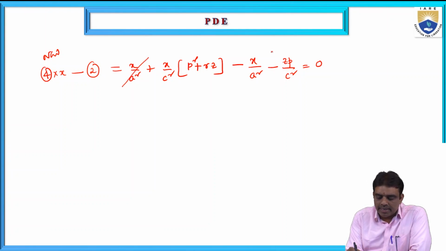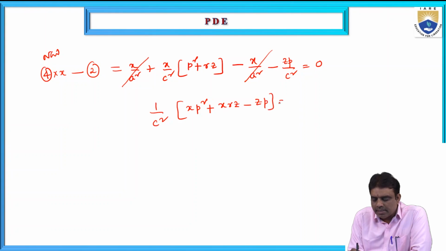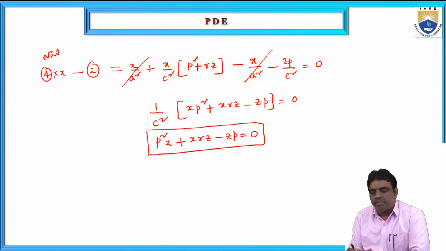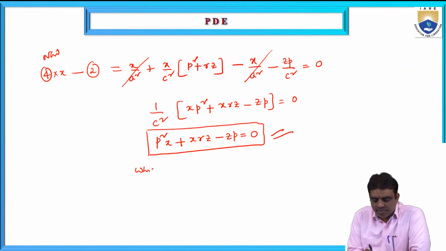So the x/a² terms with minus and plus will get cancelled, and taking 1/c² outside, you will get the first term xp², second term xrz, minus zp, is equal to 0. So c² on the right side will also be 0. So the equation will be p²x plus xrz minus zp is equal to 0, and clearly this is the eliminant of a, b, c. So there is no arbitrary constant a, b, c in the given equation, which is the required